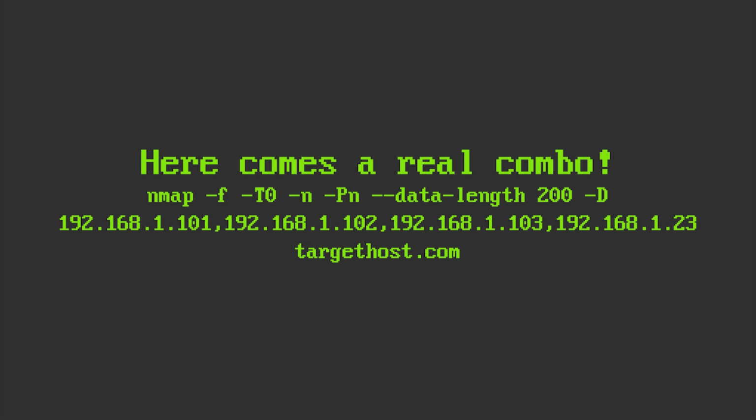nmap -T0 -n -Pn --data-length 200 -D 192.168.1.101, 192.168.1.102, 192.168.1.103, 192.168.1.23 targethost.com. So breaking this down, that means Nmap will perform a scan with tiny IP packet fragments, -f, use